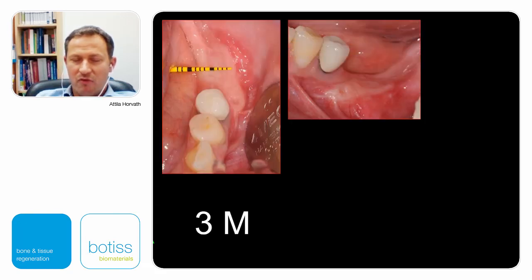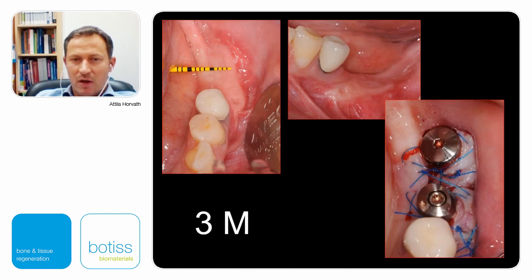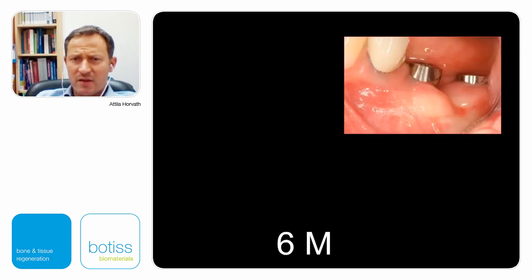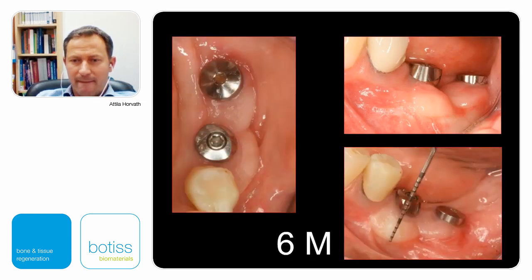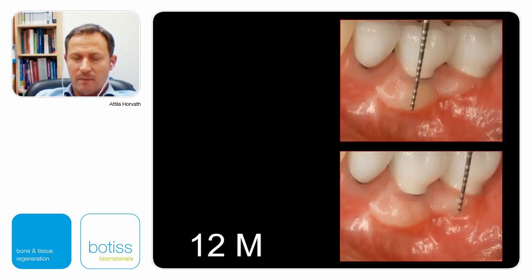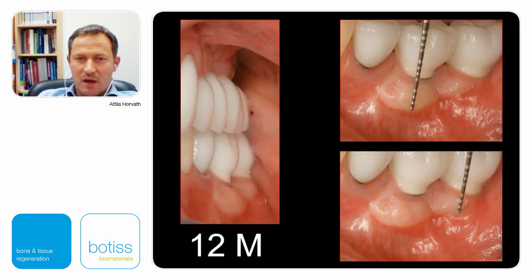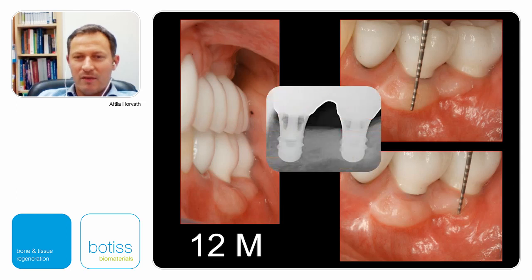After 3 months, we found quite a similar result compared to ECTG, as if we had taken a huge and nice big graft. The 6 months result shows thick keratinized tissue, again 6 to 7 millimeters thickness of periodontal attached mucosa, and at the 1 year result, prosthetics is delivered. We still have a nice amount of keratinized tissue. To be honest, it's even more than we usually